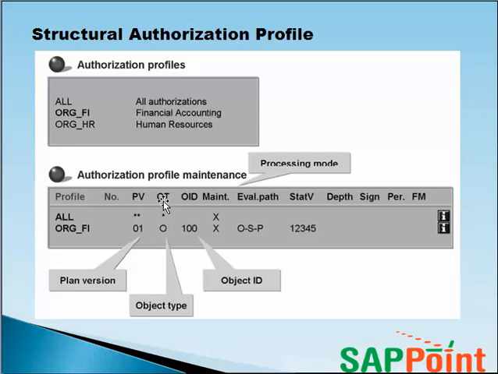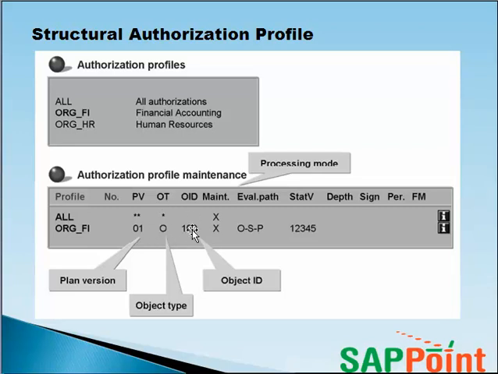So in the object type field, you can only specify 8 character IDs, meaning you can specify an org unit, represented with O, or you can specify a position by specifying S, because all of position, jobs, org units, these are some of the components in org structure which have an 8 character ID. So you could use only such objects for the object type field.